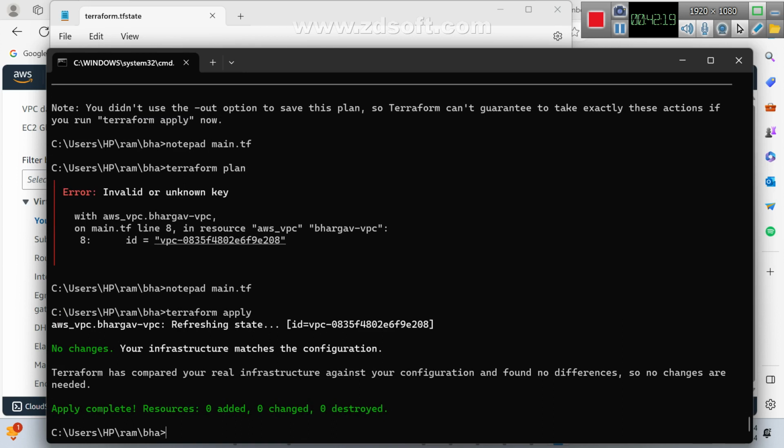Now good. Nothing is there. Everything is fine. Observe, created or not, everything is matched. Zero added, zero changed, zero destroyed. Suppose you try to add a new thing. This is our intention: a non-managed resource is converted to managed.